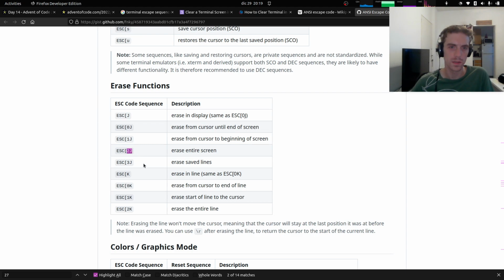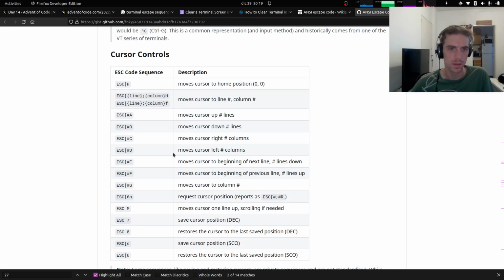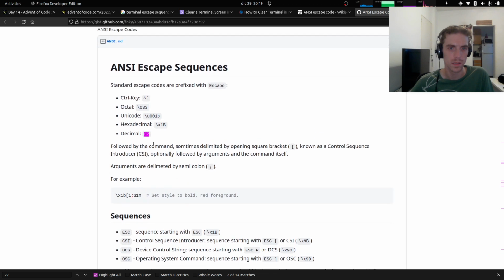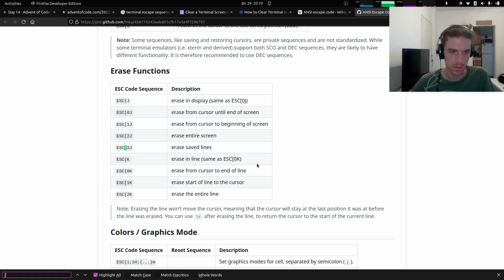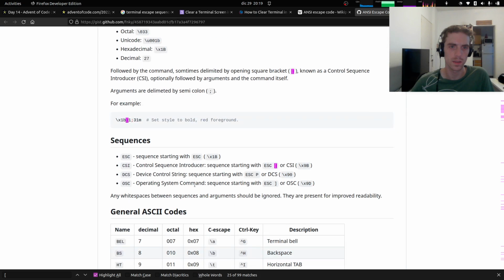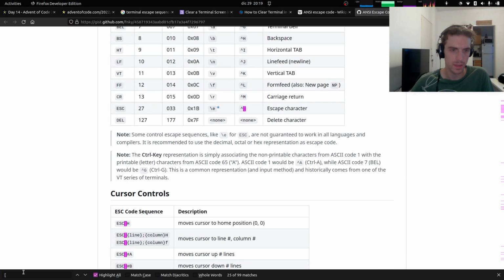I wonder if this 2J would be it. Does it mention the escape C, this thing? C? No, C. I do wonder if what I'm reading here is actually what I want to read. But this erase thing,